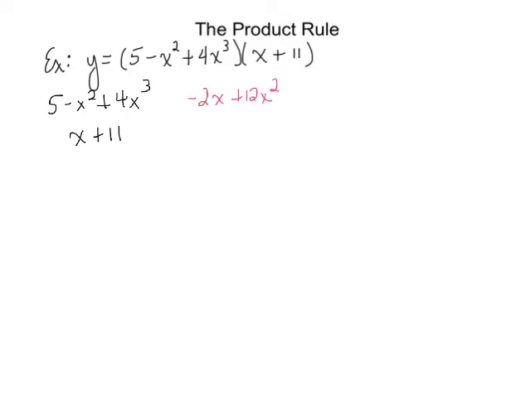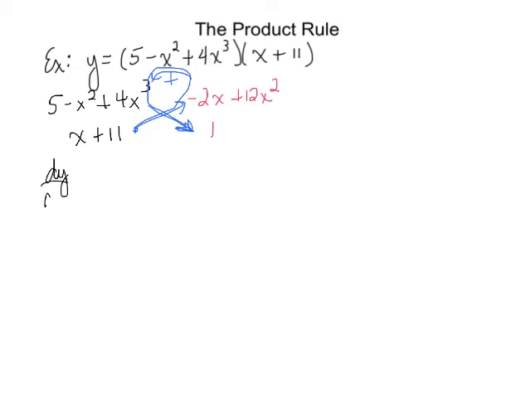And then the derivative of x plus 11 is just 1. Now what I'm going to do is make a ribbon here, and starting down in the lower left corner, I'm going to multiply that by the term that's on the top right, add to that the factor on the top left times the factor in the bottom right. So you can see I've kind of made a ribbon here. Okay. So what does that look like?